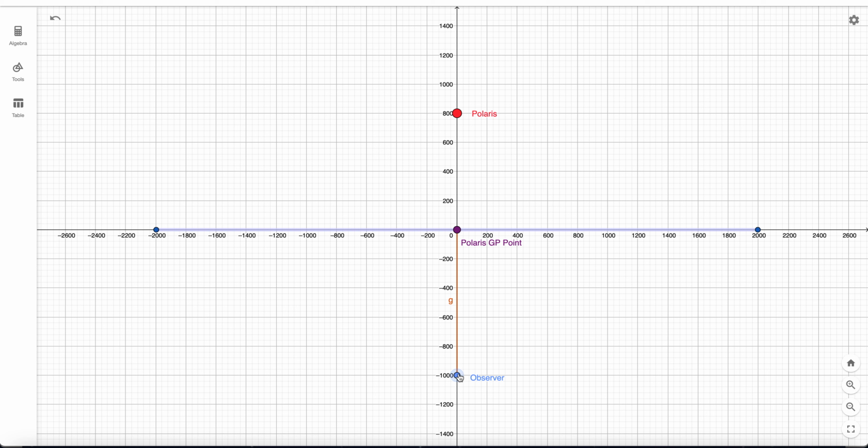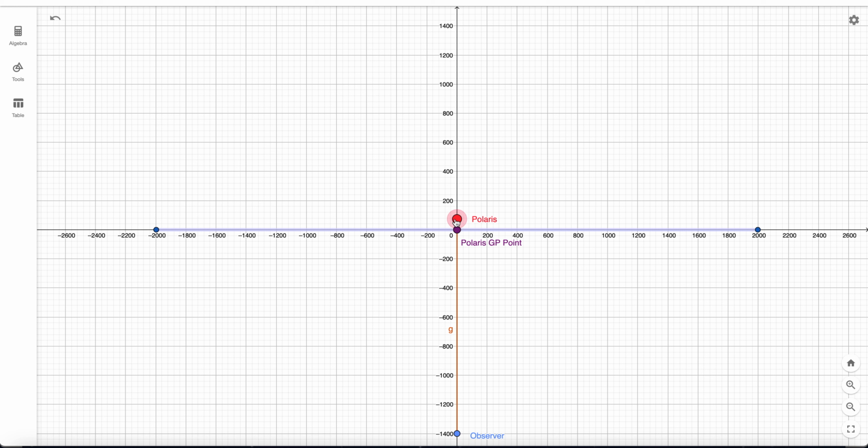So it's always going to be a horizontal line between the observer and the GP point of Polaris, always. So what they did is they took this perspective view, and they found out that when they get back far enough, let's say they go way back, Polaris ends up being down here, on the horizon. And at that point, they will have